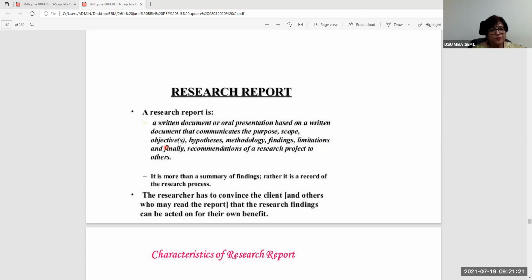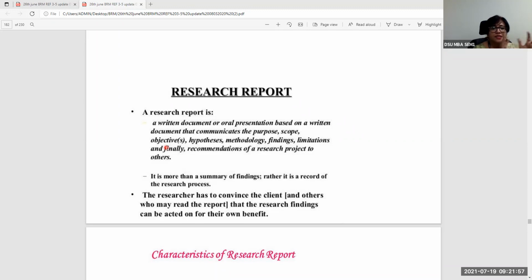Have you ever seen a research report? All of you would have done some kind of projects in your undergraduate studies, right? Because all of you are in a graduate program. You must have done some projects in your undergraduate studies. Do you remember the research report, the project report, the dissertation report that you would have done, whether it was a BE, BTech, BBA, BSc, BCom, whatever degree you followed? If you remember the dissertation report or the project report, it had some kind of a format, right?